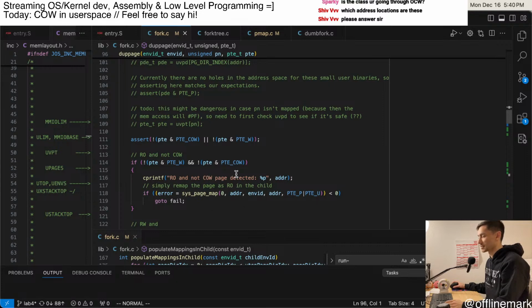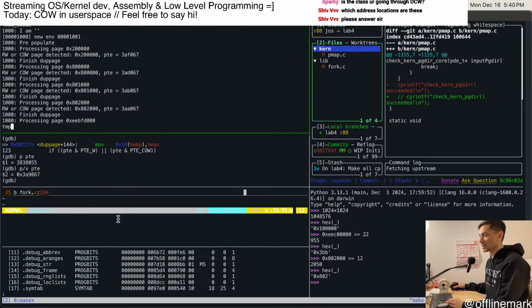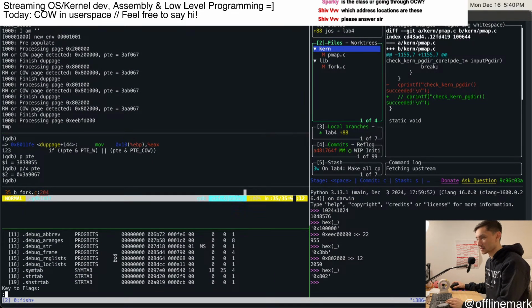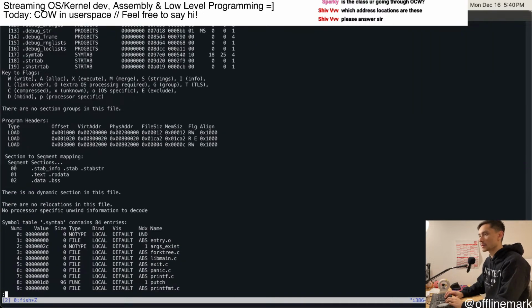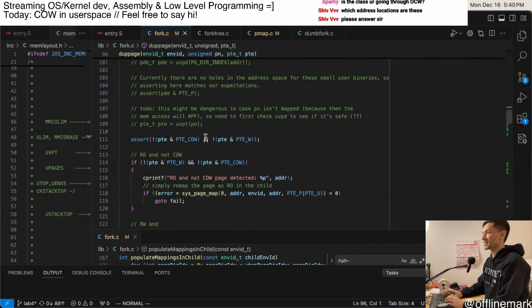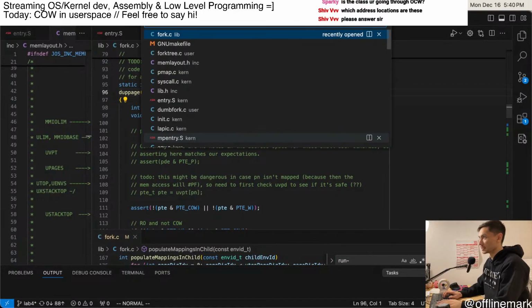We didn't see this, but I think we should have seen this because the 800,000 page is read, it's not writable. I actually think this might be a bug in the elf loader,